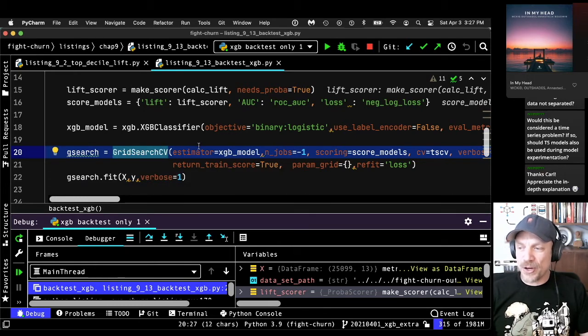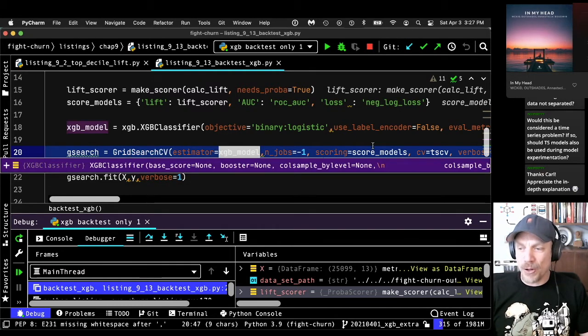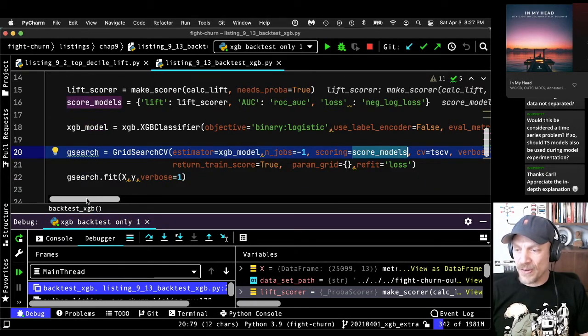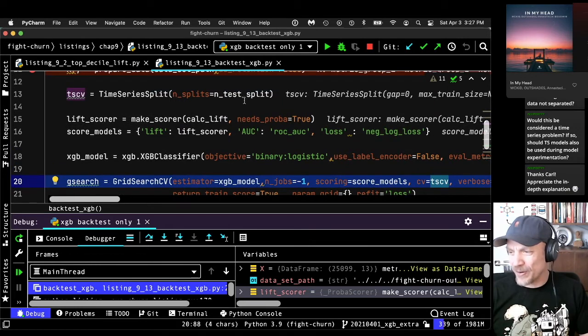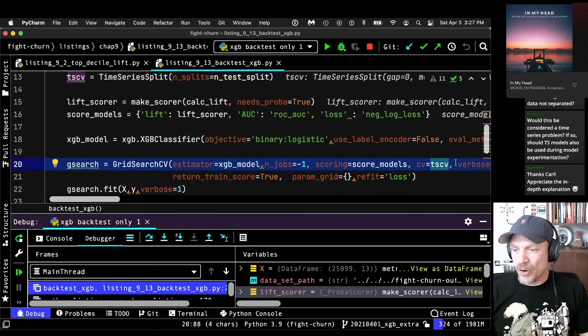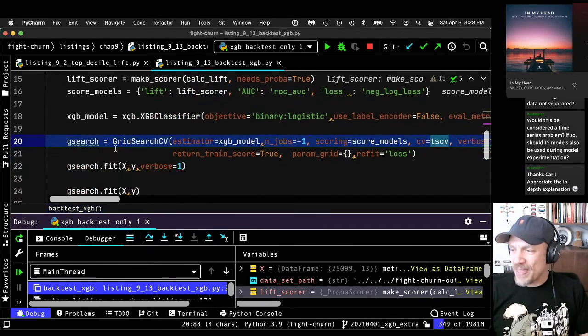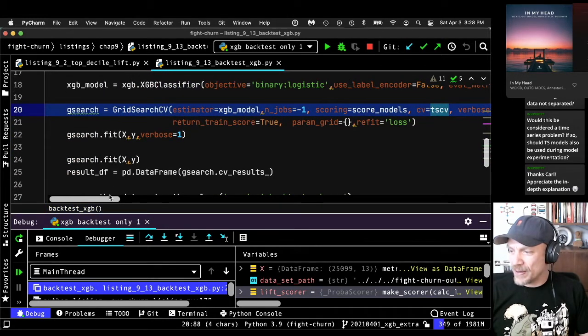So I create the grid search CV with my model, with my dictionary of score functions, and with my time series split, which is here, TSCV. That's not a great variable name, but we create the grid search with all of these objects, and then we just call the fit function.